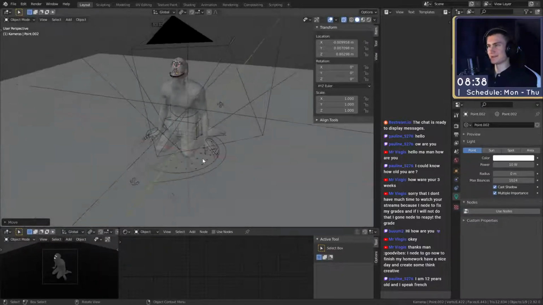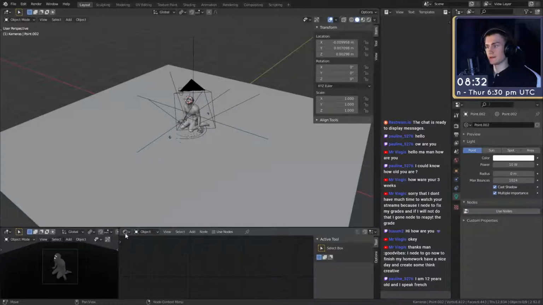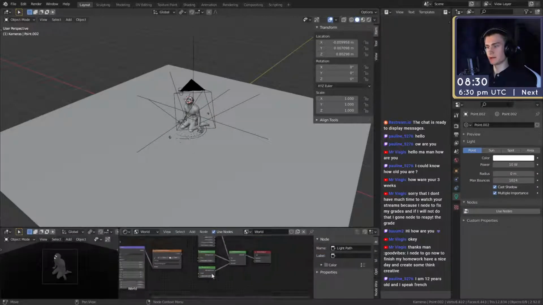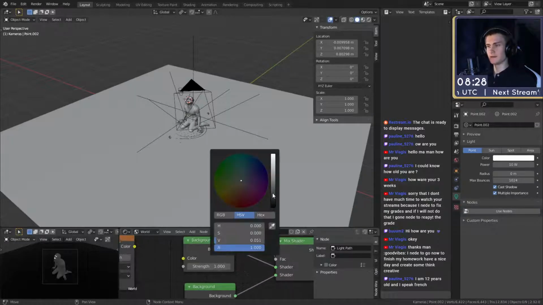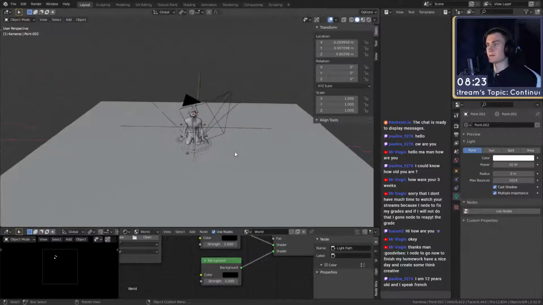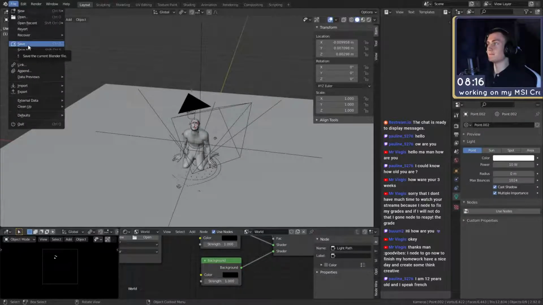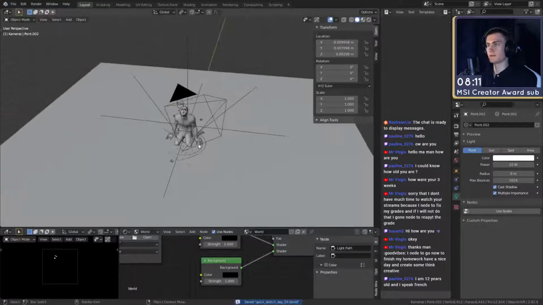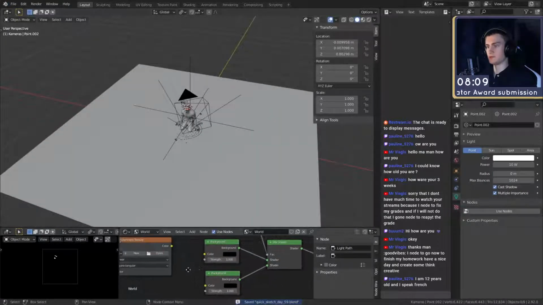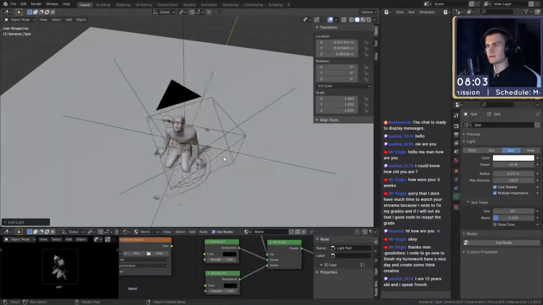We also need just a light for the overall scene so we can actually light up the scene, because I want to remove the world lighting. I kind of don't like using world lighting, except for when I use an HDRI, because then the light is pretty good from the beginning. But I don't like just using the plain color lighting that is usually in the world. Let's use a spotlight.